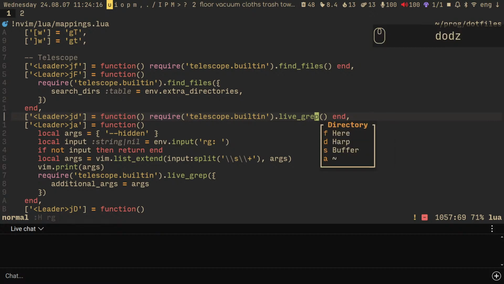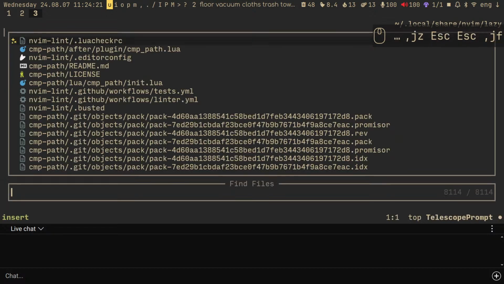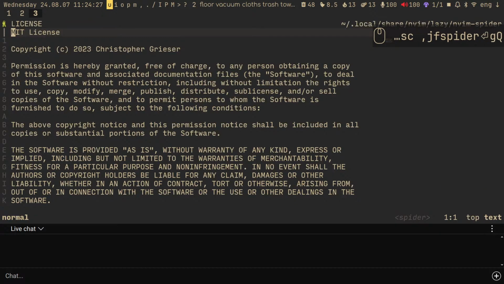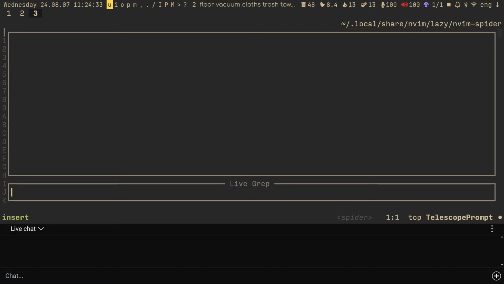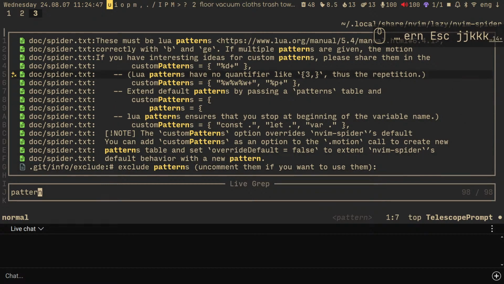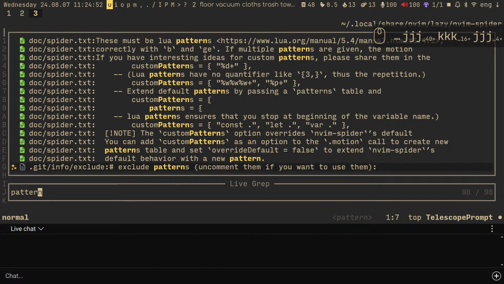Let's open some plugin. I don't know, let's do Spider, and maybe I want to search for something. I haven't actually come up with an example though. Let's search for pattern, and it's not the perfect example of how it generally is, but